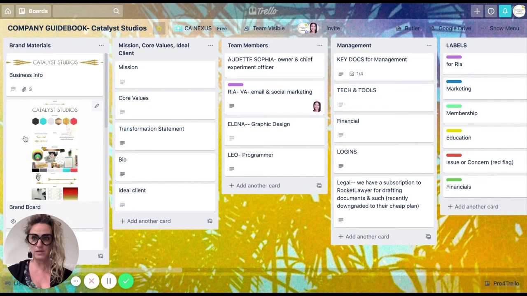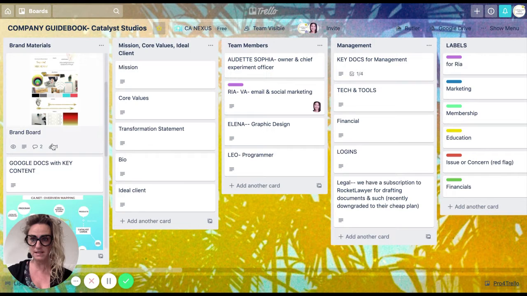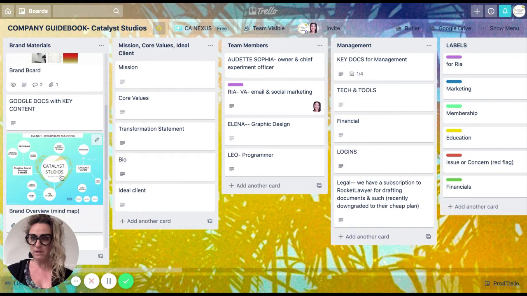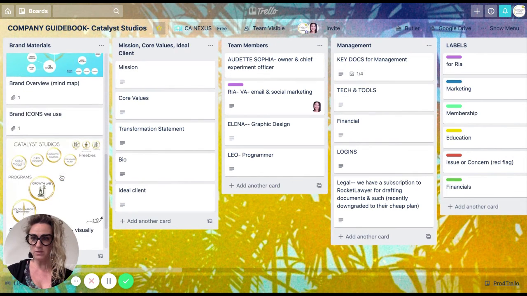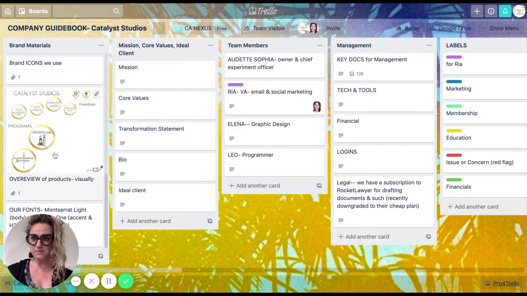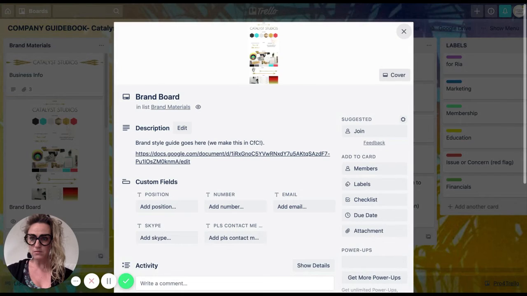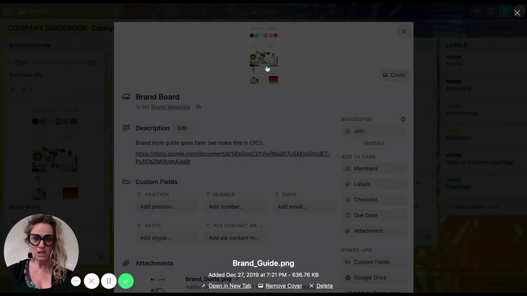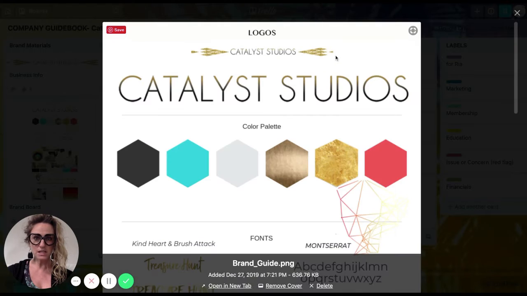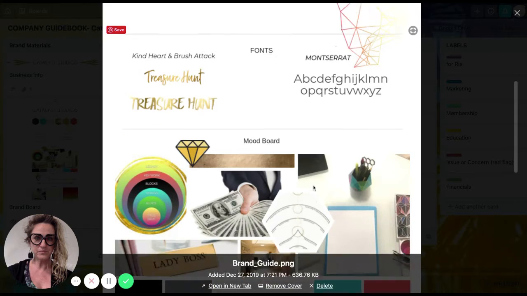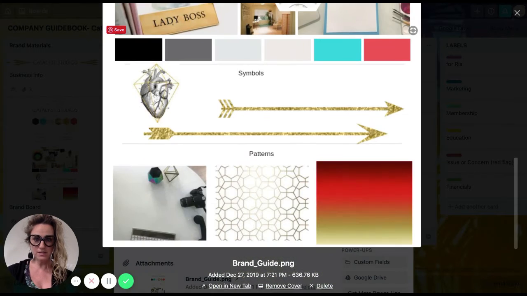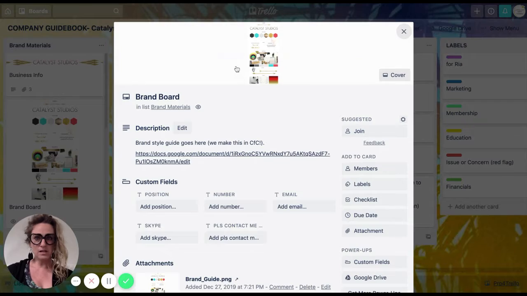So here's a place where I can store all the key brand assets, including like a mind map. I created that in Trello, some icons, some note of what fonts you use. This brand mood board I also created. I just bought a template and created this in Canva, and it's a reference here,